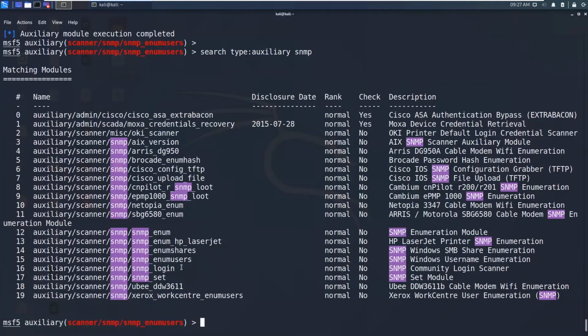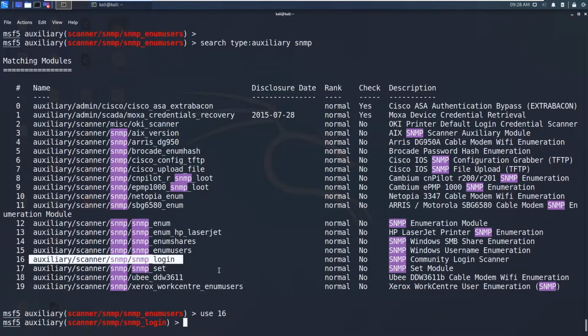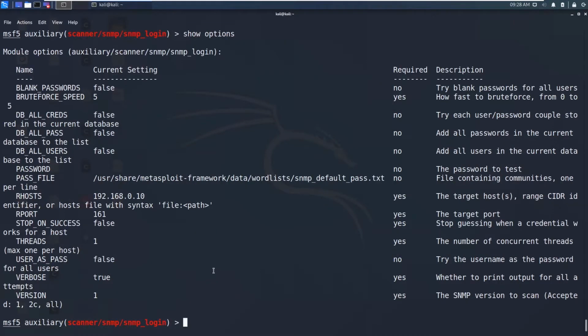Now what we are going to do is use this snmp_login module. Let's say use 16, or you can also use the module path. Now show options. You can see there are a bunch of options. You can set blank passwords to false. If you keep it false, then this module will not try blank passwords. There is also brute force speed, and we need to set the password file.